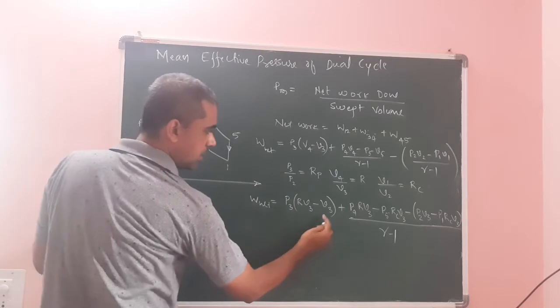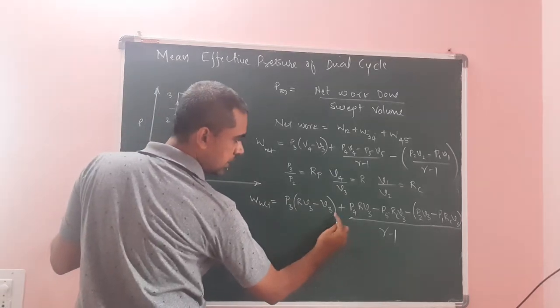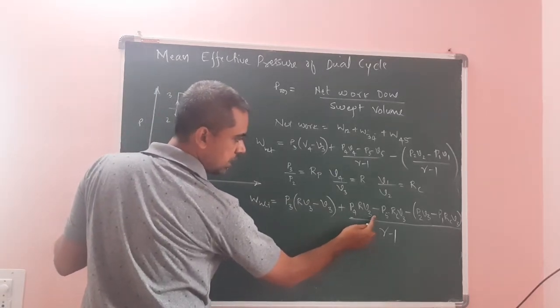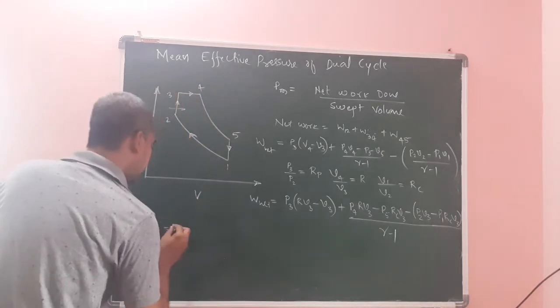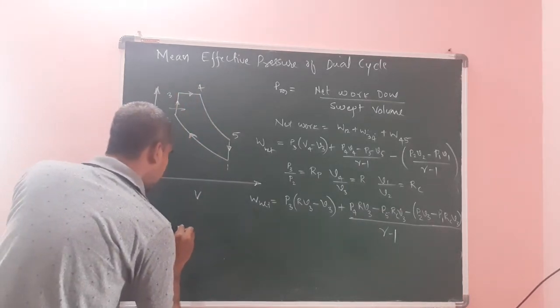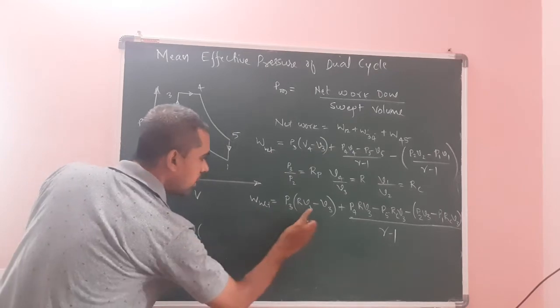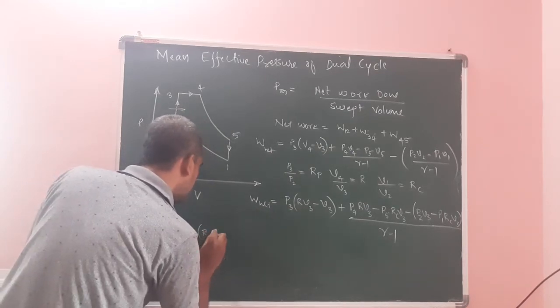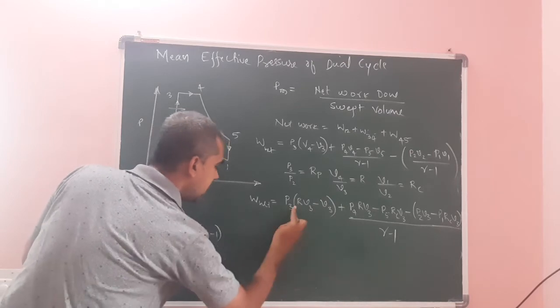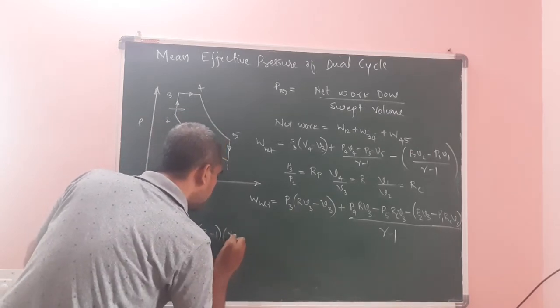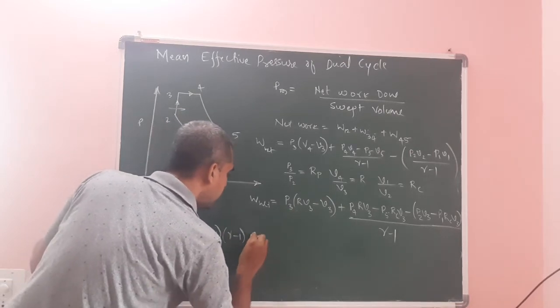I will take the LCM here, gamma minus 1. This is one term, this is the second term, divided by this. Therefore, I will take the LCM and take P3 common. Inside, what will remain? R minus 1 into, if I take the LCM here, gamma minus 1, plus